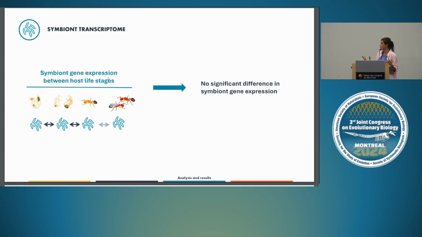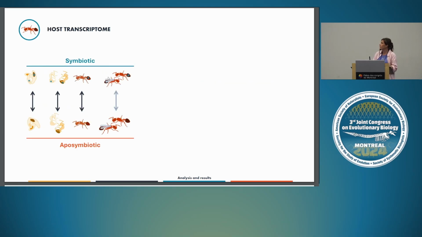At first that was surprising, but actually when you think about the size of this organism, it's only got 600 kb, it can only do a very small number of things, so it's likely that it's just a little machine and keeps doing the same thing all the time, and maybe any sort of regulation in its activity comes from the host. So moving on then into looking at the host transcriptome to really try and get at what